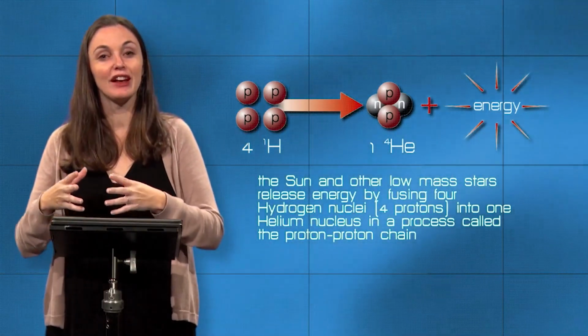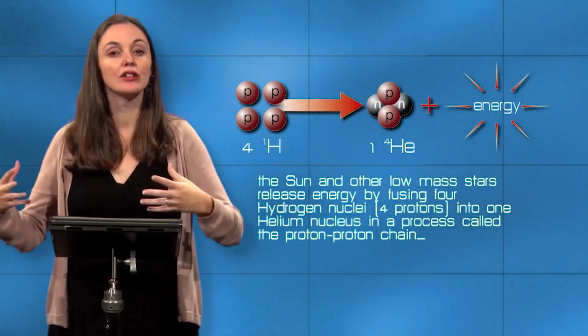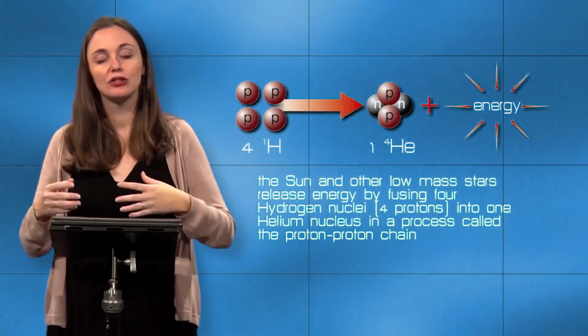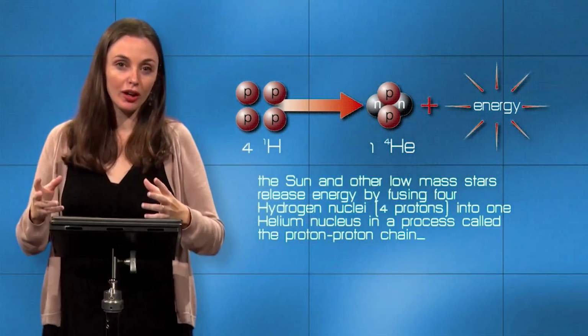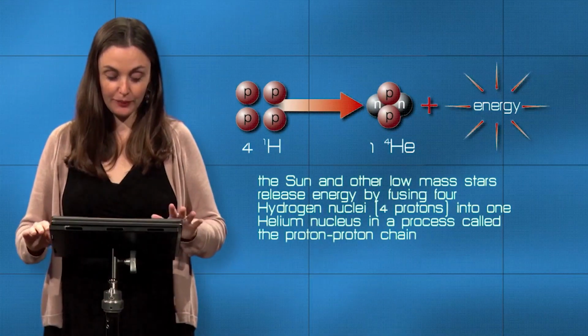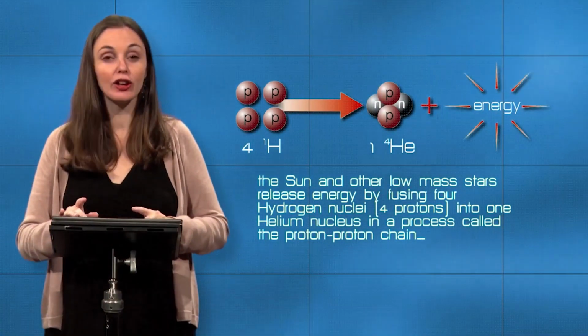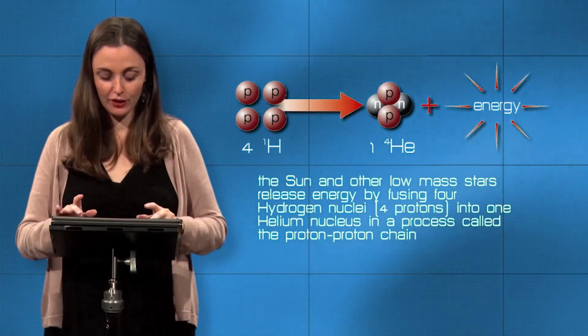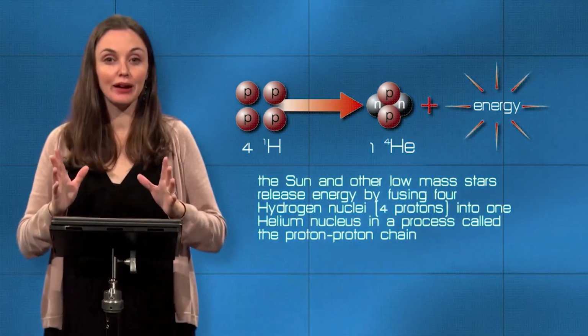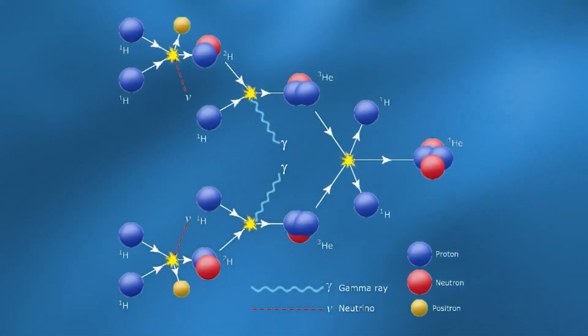Then you have this leftover material, the rest of the 4 million tons of material, and that's converted into energy. Energy in the form of things like gamma rays and particles that are going to leave this reaction entirely. So what we're going to do now is go and take a look at this. We're going to look at what this ends up looking like in a step-by-step animation.